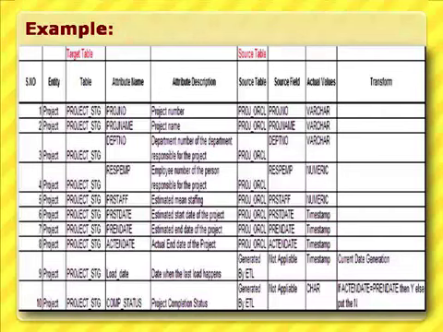So this is a clear mapping between the source and a target table, and one level down we are again mapping which column of the target table is mapping to which column in the source table. So there is a direct mapping between one column in the target to another column in the source. Similarly, one table in the target to one table in the source.